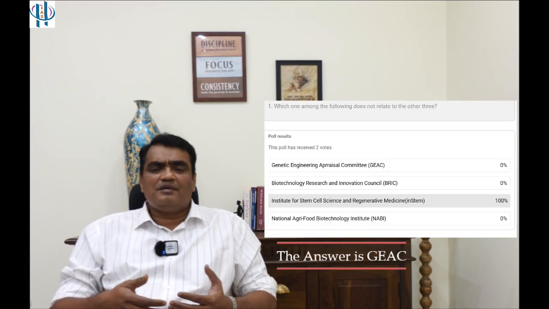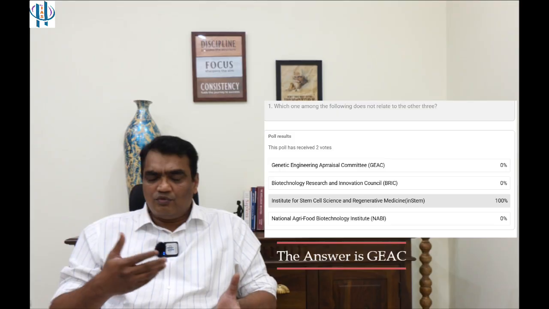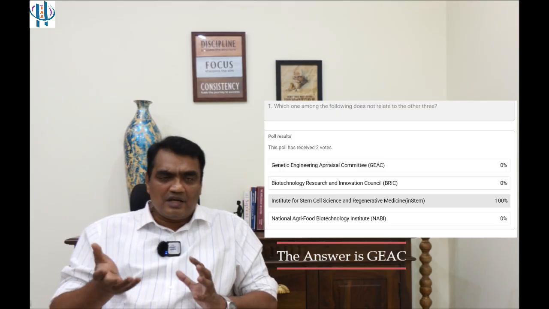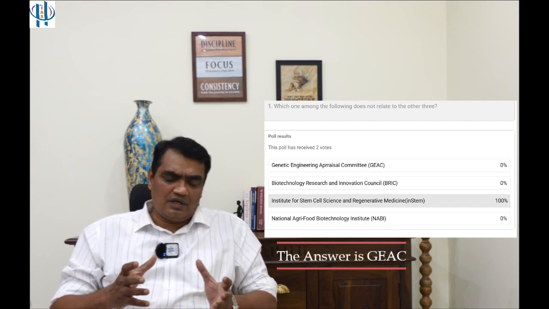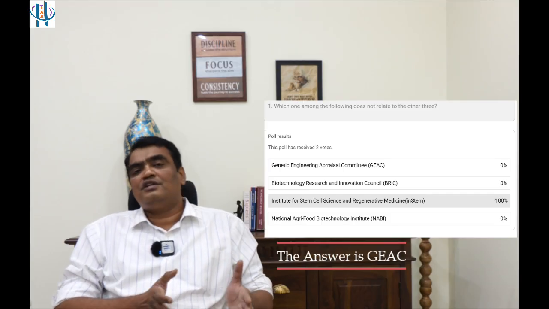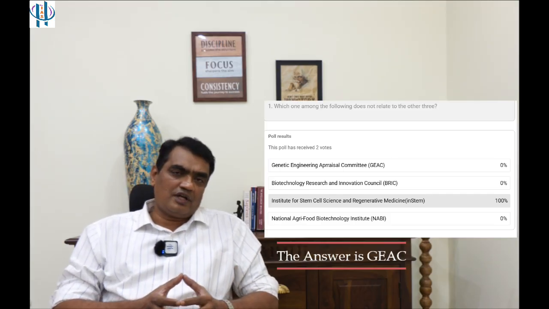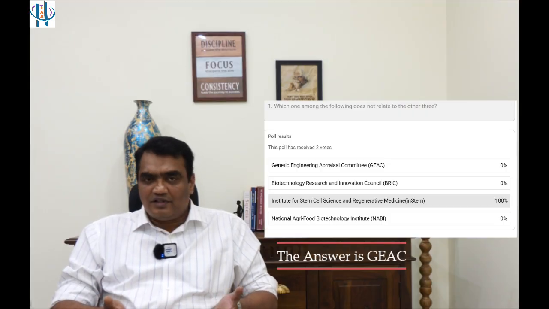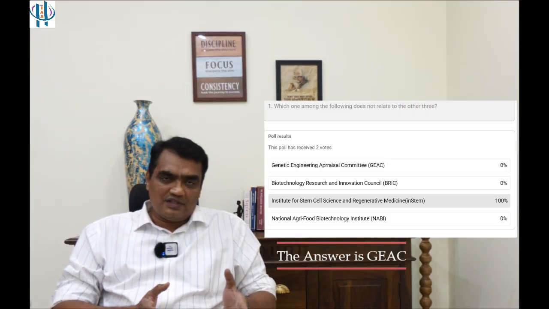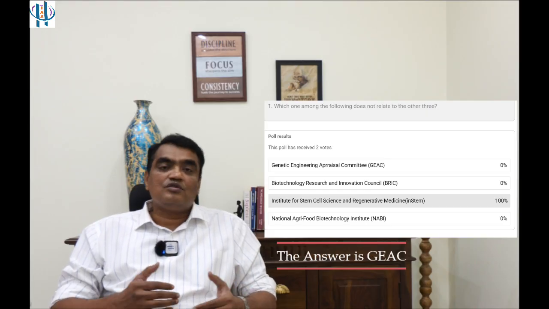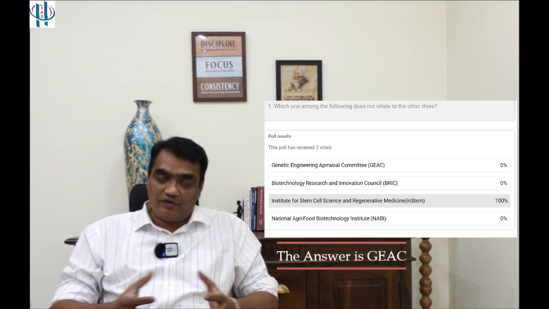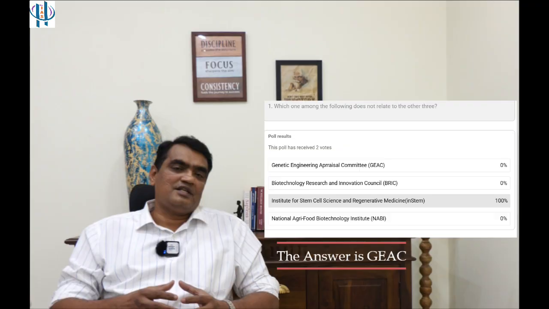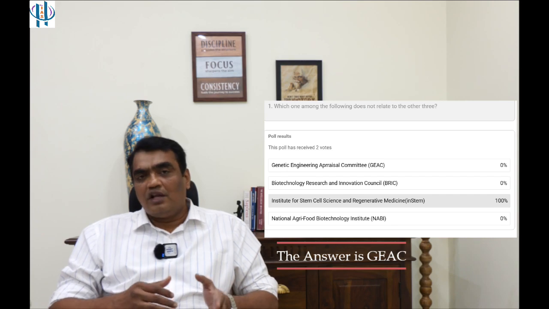Now there is always a big opposition to cultivating GM crops, as they may in one way or another affect the environment. Hence there is a need for strict adherence to the rules and regulations in relation to research on genetically modified organisms, and there should be some regulatory body for that. So the GEAC, the Genetic Engineering Appraisal Committee, now regulates research on GMOs and their field trials, if any, and at the same time will advise the Ministry of Environment, Forest and Climate Change whether to allow this or not.